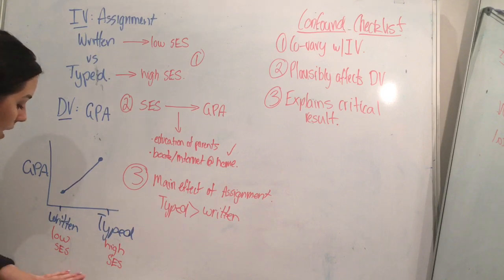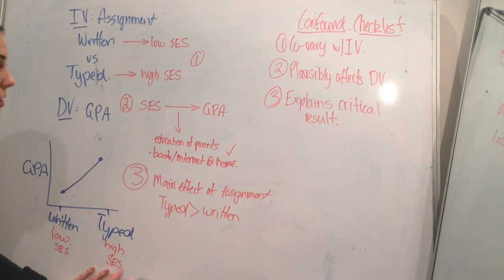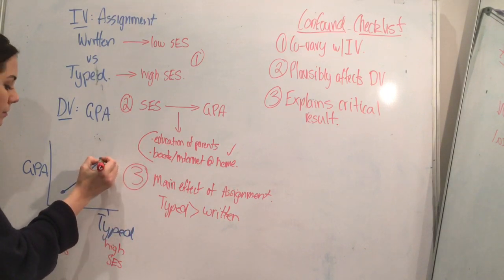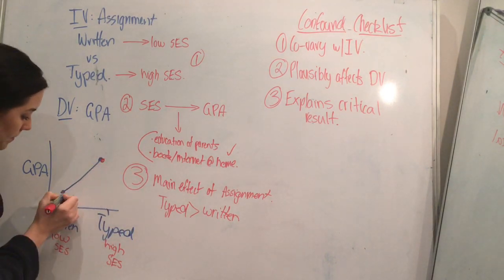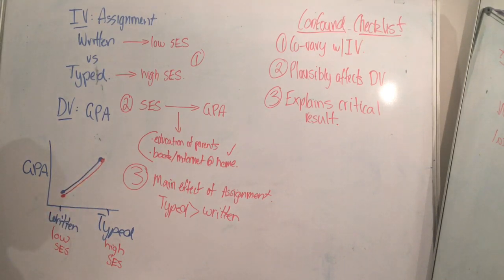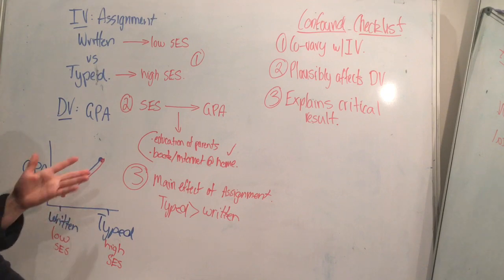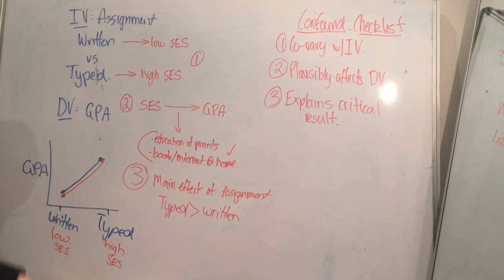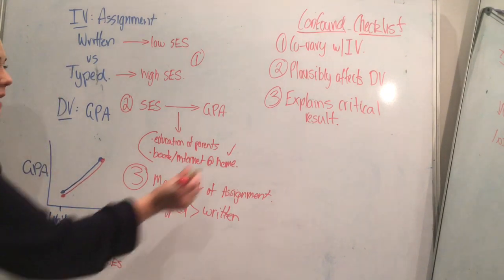I would imagine that high SES students, because of these factors, would get better grades than low SES students. So the pattern would look something like this, which is identical to the proposed pattern between written and typed,